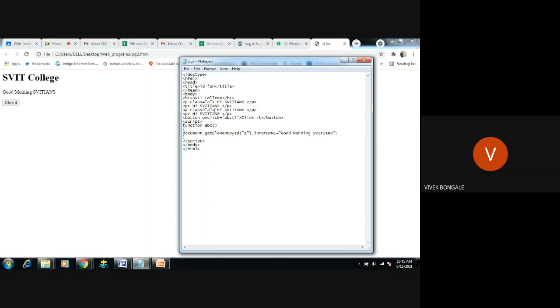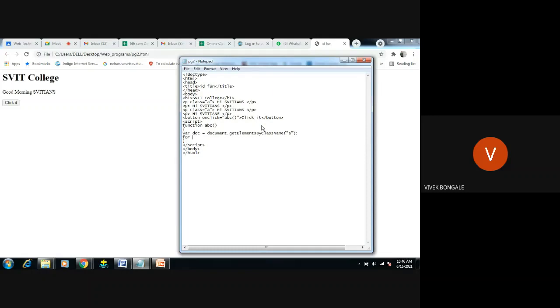Again we'll create the same function, where I'll use doc equals get elements. Because the same class name is used multiple times here, we use get elements by class name. The class name we've given is A only, so we don't need this part. We'll remove this part, and we'll try to use the for loop now.